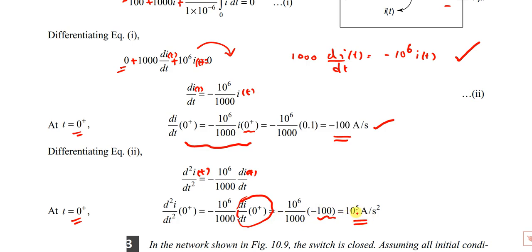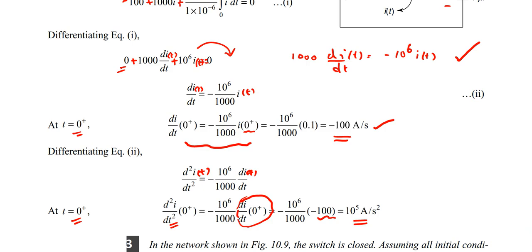So the answer is 10 power 5 ampere per second square. You have to write this because it is d square t square. Don't write ampere square. For d square i you have to write ampere only. Only for time t square you have to write second square. Similarly, same problem